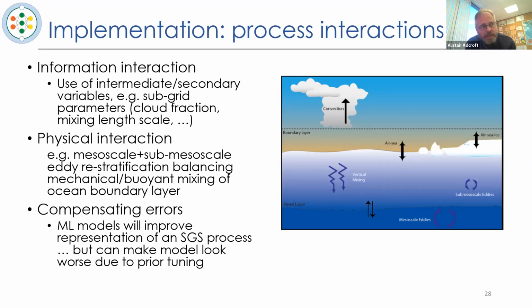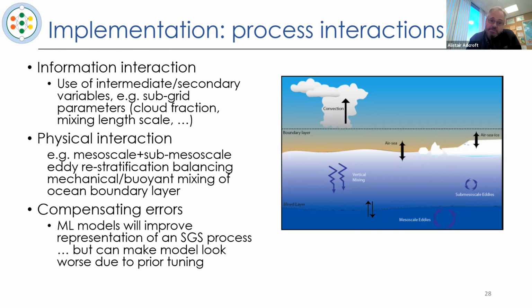So the first is that we often have a lot of interaction between processes, in reality, and in the code that is true also. There tend to be information connections between the existing conventional parameterizations, and you can see this evolve in time in our codes. We often have a parameterization that was implemented initially as an idealized isolated process. Then over time, someone says, oh, we need to actually get some of that information out of it, and so you start adding variables to the APIs of these parameterizations, and you start using those data inside other parameterizations. There's all this kind of cross, I won't say contamination, but exchange of information between processes,